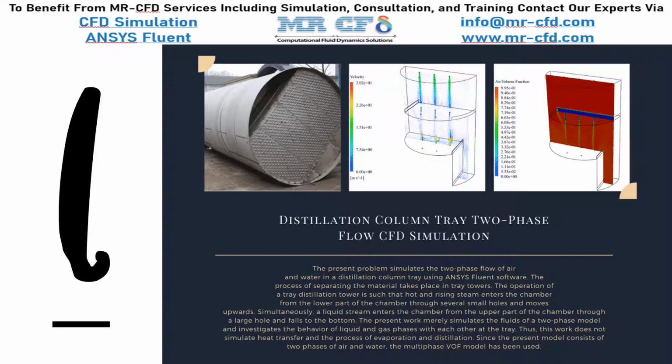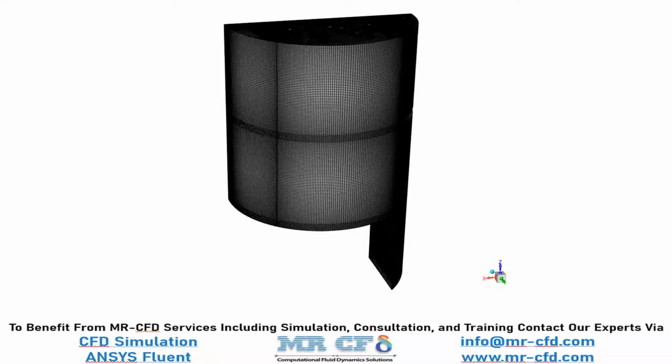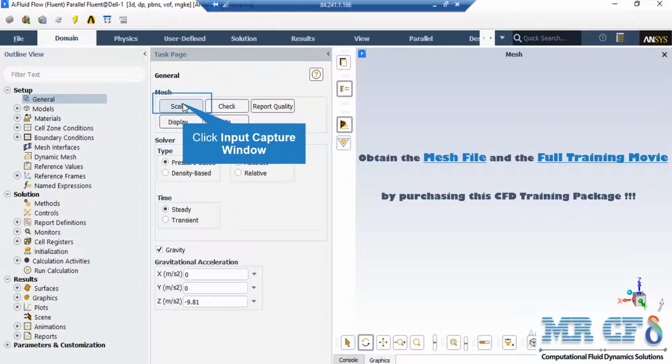In this project, we will simulate the distillation column tray two-phase flow process. The meshing of the present model has been done using ANSYS meshing software, and the mesh is structured. Under the General Setup tab, you can see different buttons from scales to units. By clicking on